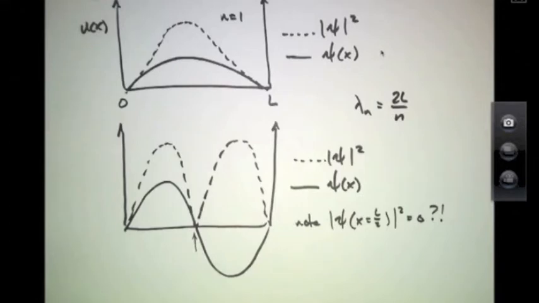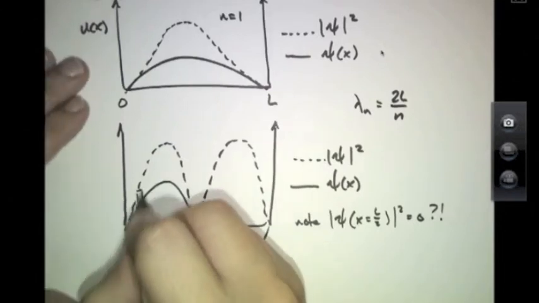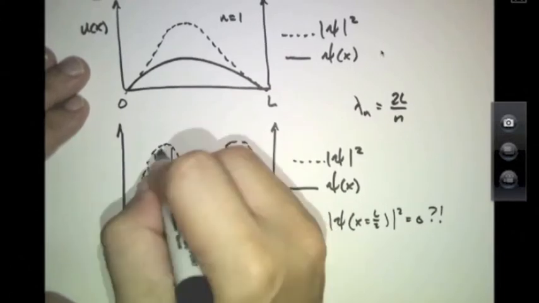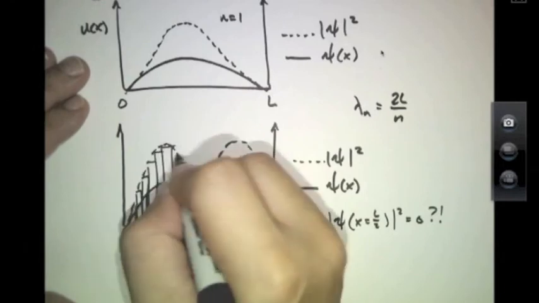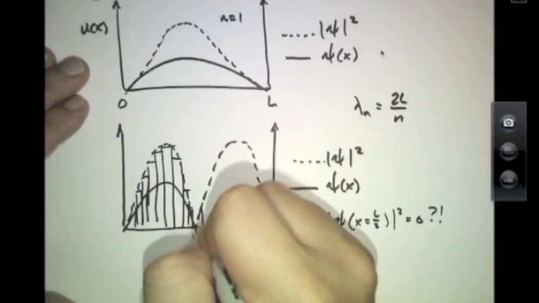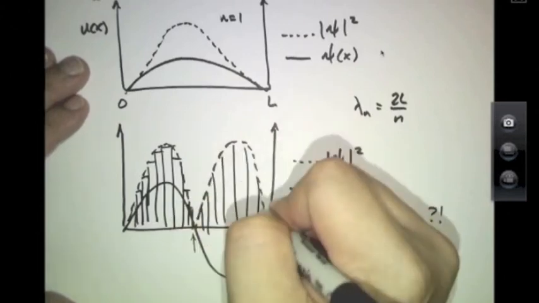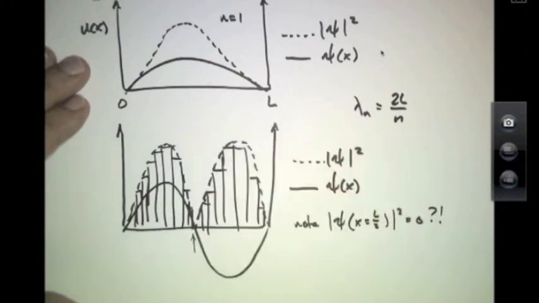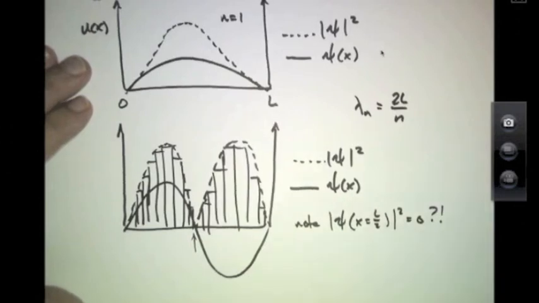Or if you repeat that experiment 10,000 times and told me the results of where you found the particle in each of those experiments, I suspect you would build up a little histogram. And it would look something like that. And then I could tell you, I expected your histogram to follow that dotted curve given by the probability distribution,